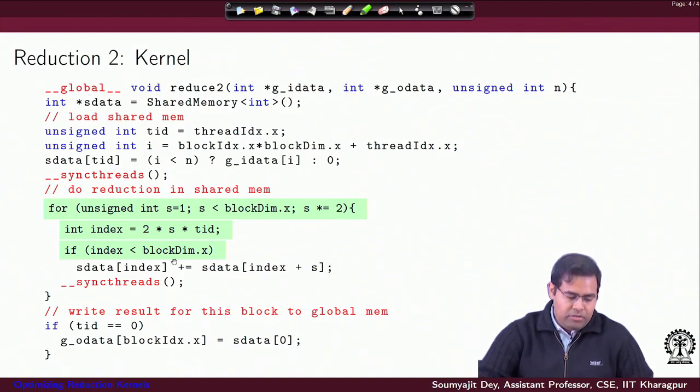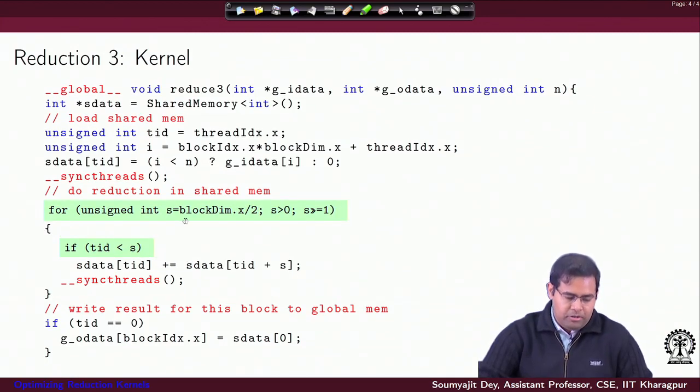So, in this way we keep on continuing, and the loop keeps executing, decreasing the stride value. Inside each iteration, the number of threads gets halved, but the threads that are consecutively ID'd in a warp do not diverge, and they also do not get into any shared memory bank conflict. I hope this is clear. This is reduction 3.